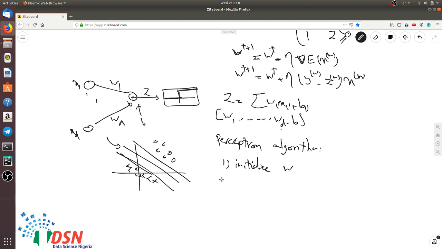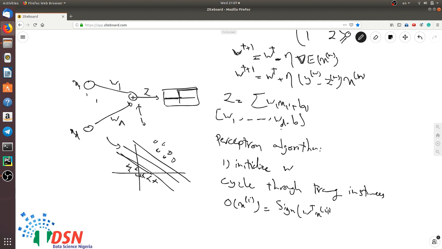Then we cycle through training data or training instances to calculate the sign of W transpose Xi. So in fact we calculate the z in here, then we apply this sign function